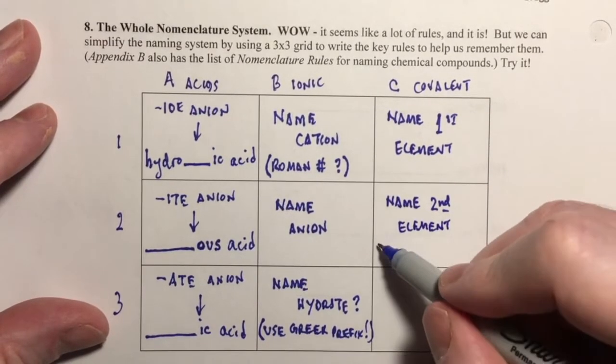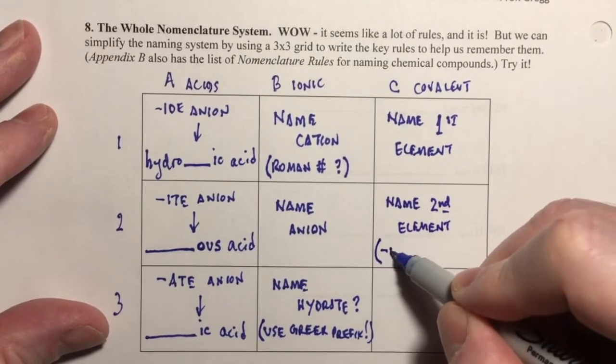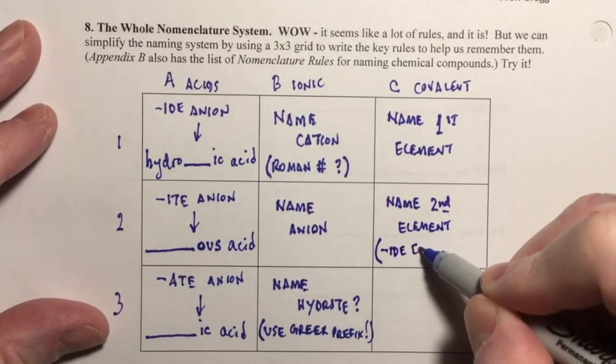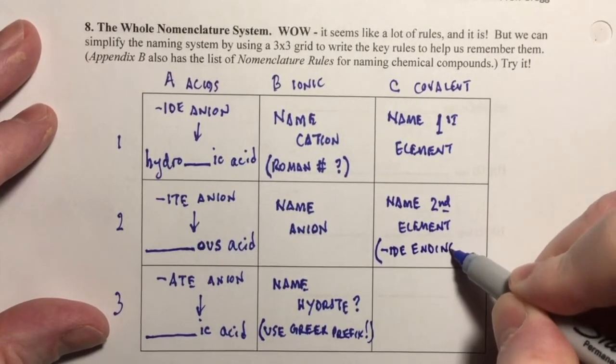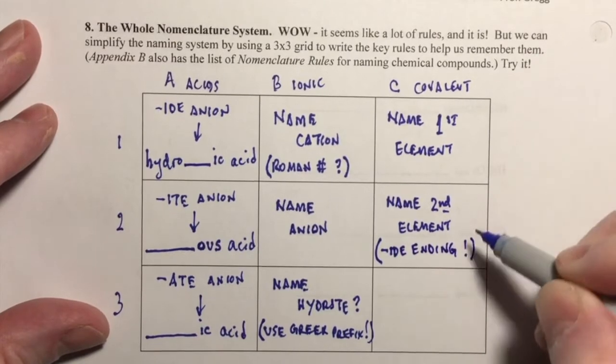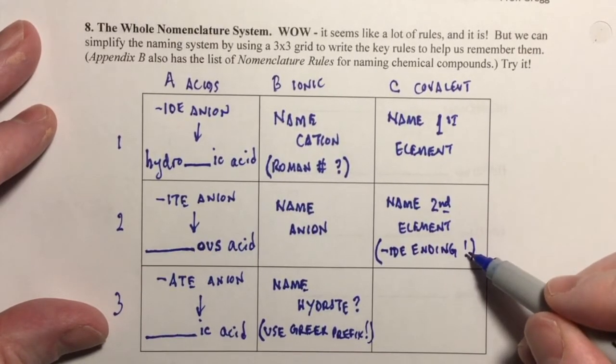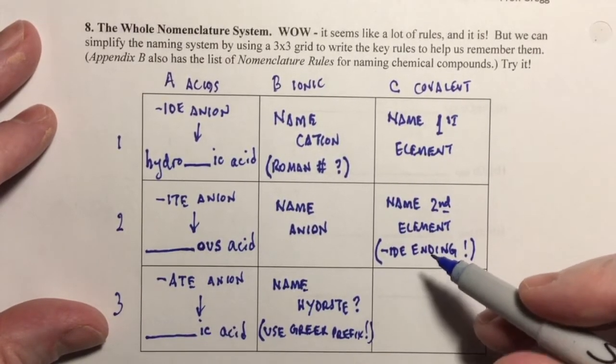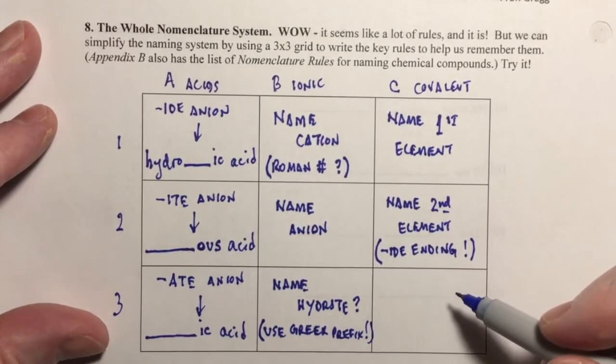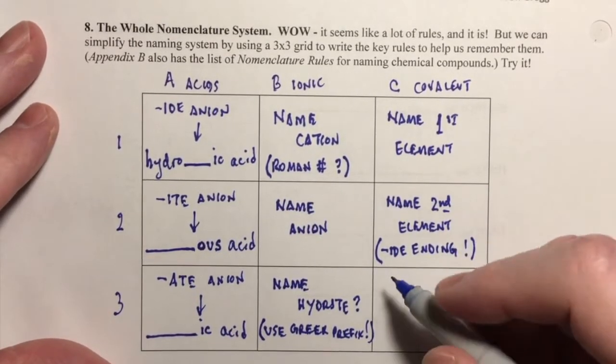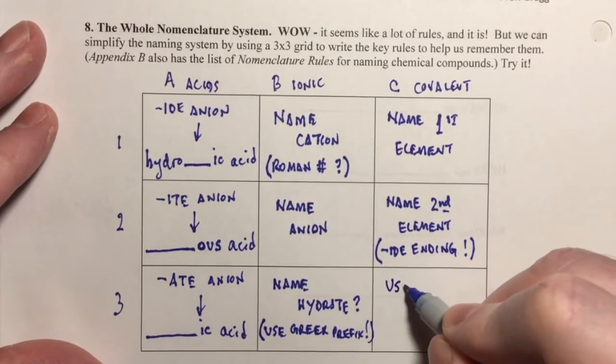And the second element always gets an IDE ending. So I'll put a little exclamation point there so that it conveys that we definitely always use the IDE ending on that second element. And then finally, the third rule for covalent compounds is we use Greek prefixes